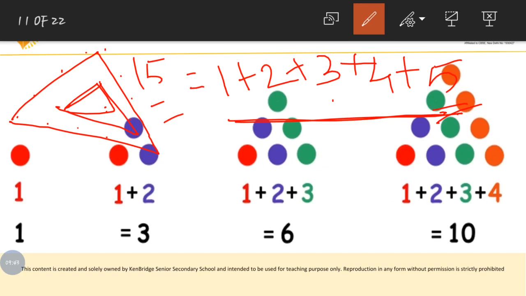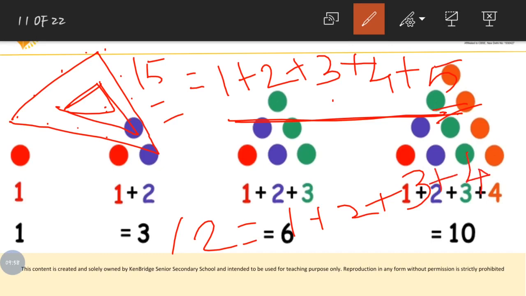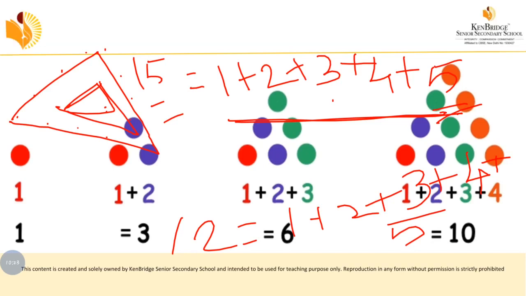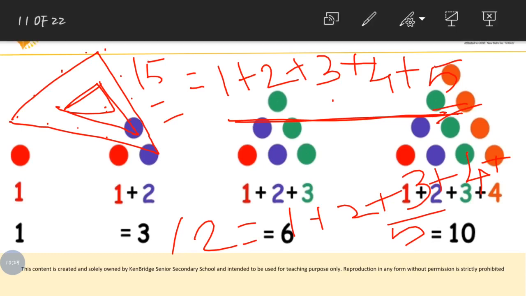Otherwise, for example, if you take the number 12, I'm going to count 1 plus 2, 3. Next 3: 1 plus 2 plus 3. 1 plus 2, 3. 3 plus 3, it is 6. Then I'm going to add 4. 6 plus 4, 10. Then I am going to add the next one, that is 5. So 10 plus 5, 15. 15 is not equal to 12. So definitely we can't make a triangle shape. So 12 is not a triangular number. Likewise, you can find out whether the given number is a triangular number or not. So now we are going to move to the next one.